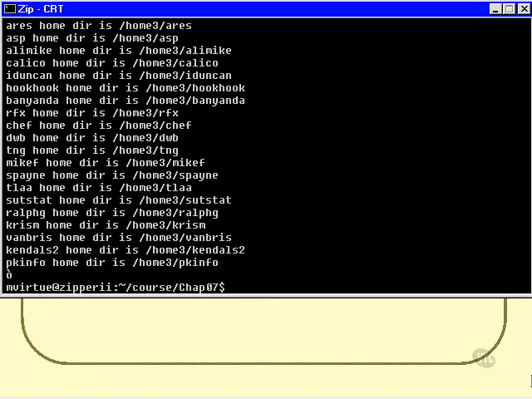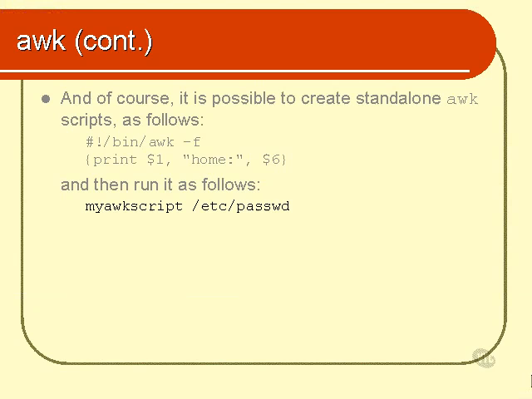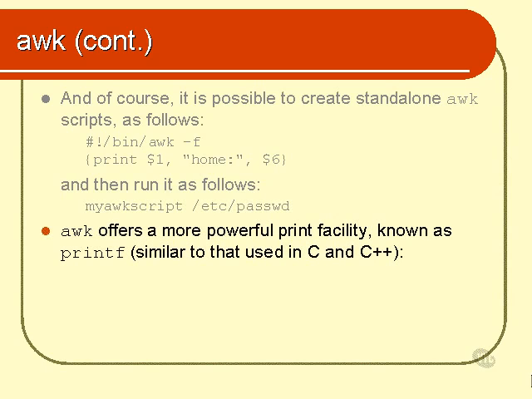So naturally that, which ended up being about 10 lines long, could easily grow to as many lines as you like. Don't forget to end each line with a semicolon if there's more than one statement between a set of curly brackets. So here is an example. Of course, if I took those two lines and put them in a file called my.awk and made it executable, then I could run it in the following way. Now here's that printf facility that I mentioned just a moment ago. It's actually a slightly more powerful print facility than the word print. It's called printf. The F stands for formatting, and it's very similar to the printf